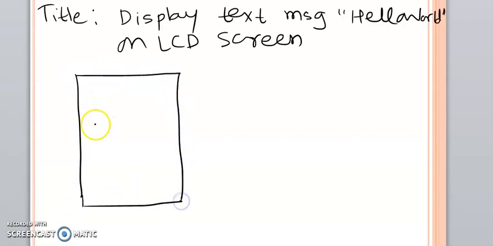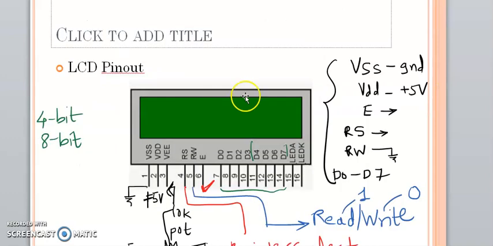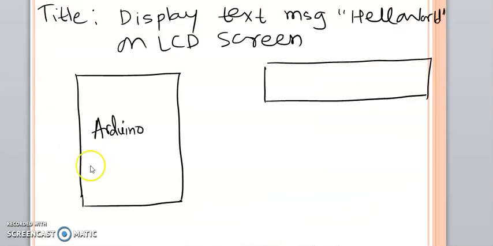So here this is nothing but the Arduino, and here suppose this is my LCD screen. So as discussed earlier, these pins are mandatory to be used. So here I am going to write the connections. So obviously the VSS pin is going to be connected to ground of the Arduino.